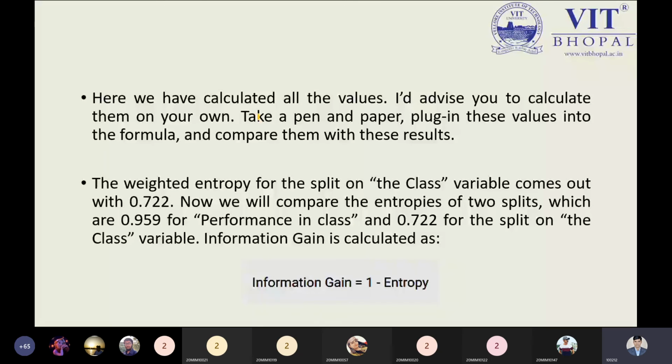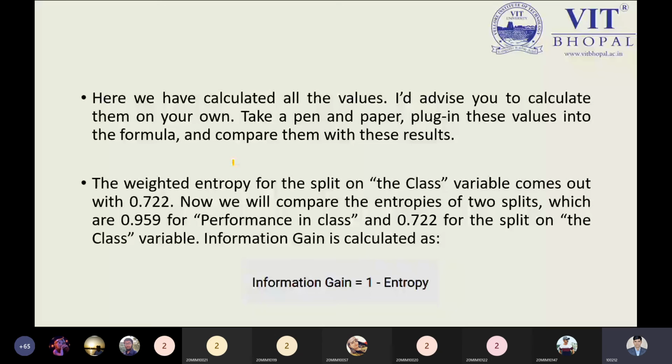You can easily check. So ultimately, what is our objective? What is our aim? First, we need to calculate the entropy. Then we have to calculate the information gain to decide which attribute would be the best attribute to select. That is the first step of our ID3 algorithm. The first step is the most important one, and after that, the rest of the steps are very easy.